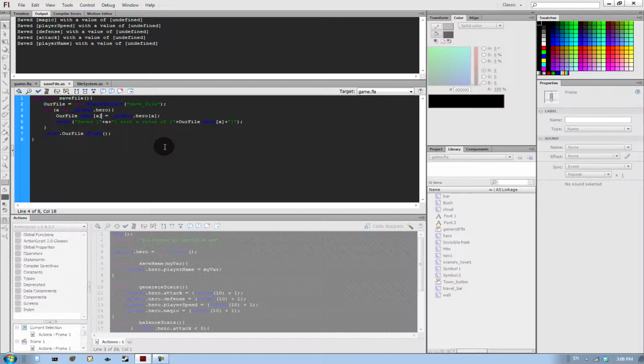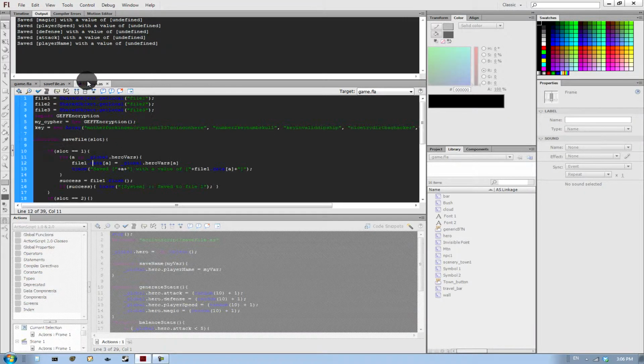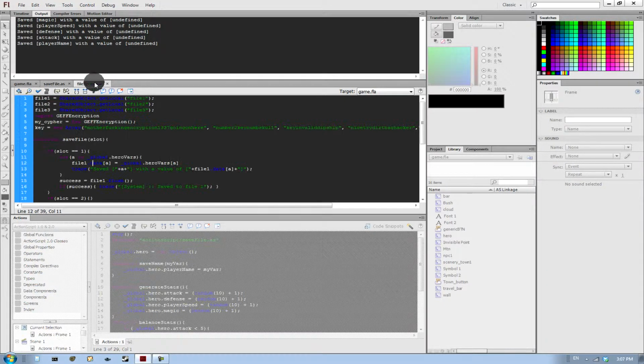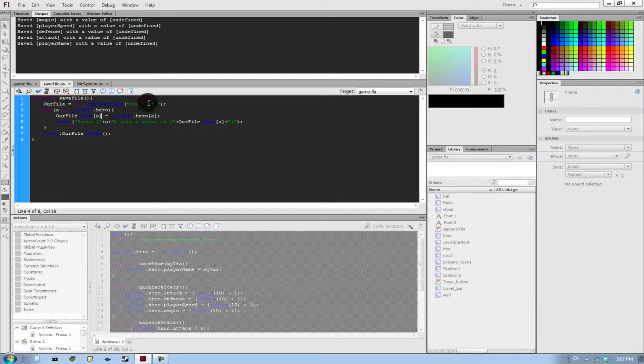Trying to see where our code is getting wrong. Our file.data A. Data A equals hero vars A. File.data. Our file.flush. Shared object. Maybe it's the thing like that. Maybe it was something wrong with